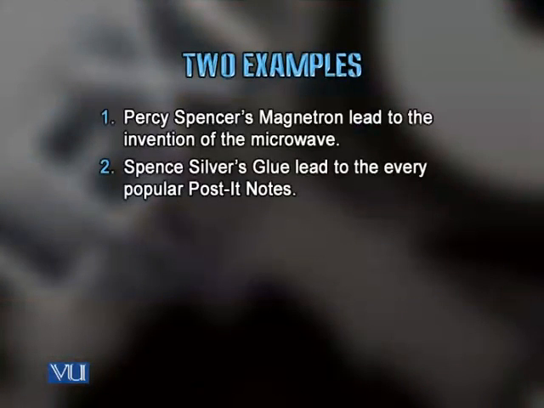पोस्ट इट नोट्स 3M कंपनी के अंदर, ये जो मिस्टर स्पेंस सिल्वर था, गलती से उसने वो ग्लू बना दी, गलती से. अब गलती से बन गई, उसने कहा अब ये तो बहुत नुकसान हो गया. No no no no. 3M company is the one which asks their employees, sit down at your table every day for half an hour and think about it. Think of new ideas. कुछ काम मत करो, बैठ जाओ. तो वो जब बैठा